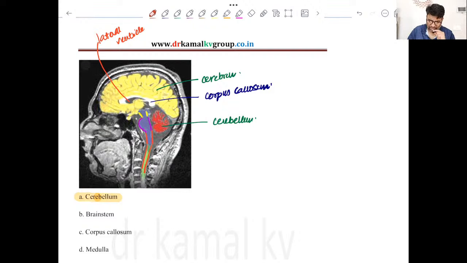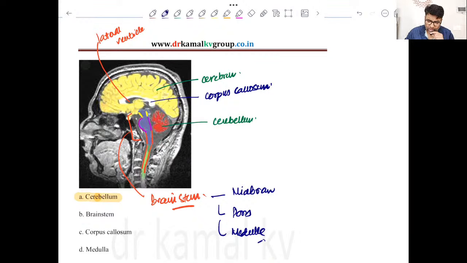Okay, yes, so everyone, this is cerebellum. So this is all brain stem, and in brain stem we know that there are 3 parts. Upper part is midbrain, then pons and medulla. And now this is all pons here. Okay, so this is all pons, right? So this is all pons here,